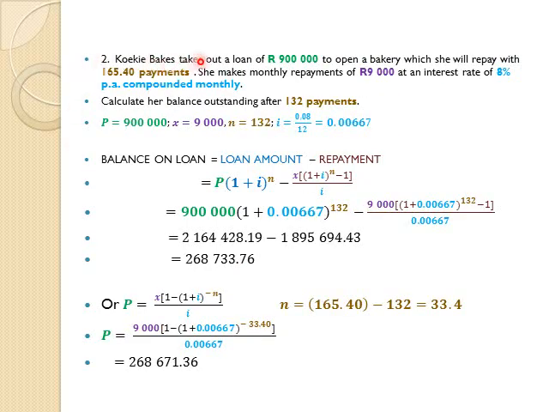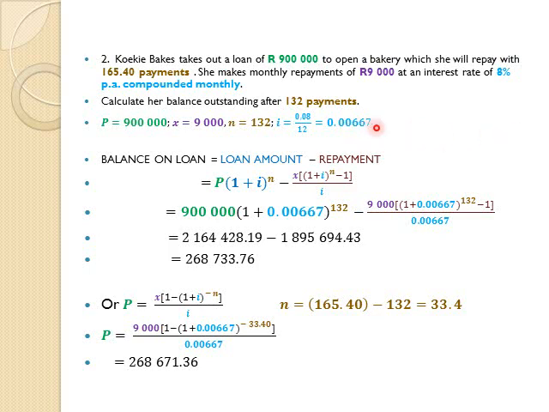Cookie Bakes takes out a loan of 900,000 to open a bakery, which she will repay with 165 payments. She makes monthly repayments of 9,000 rand, at an interest rate of 8% per annum, compounded monthly. Calculate the balance outstanding after 132 payments. So P equals 900,000, the monthly payment X equals 9,000, n is 132, and i is 8% divided by 100, 0.08, compounded monthly, therefore divided by 12,